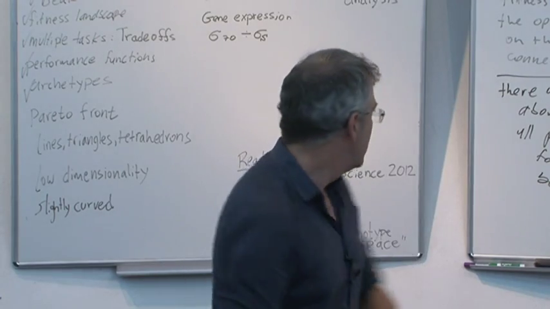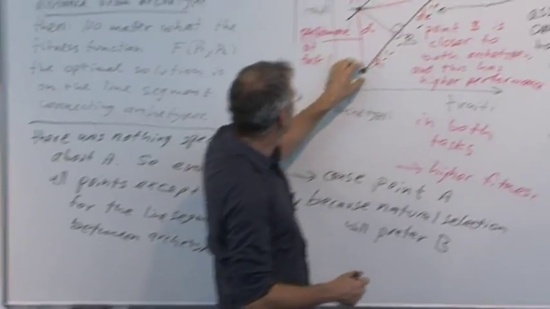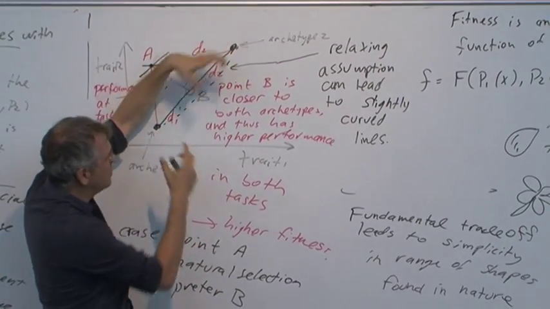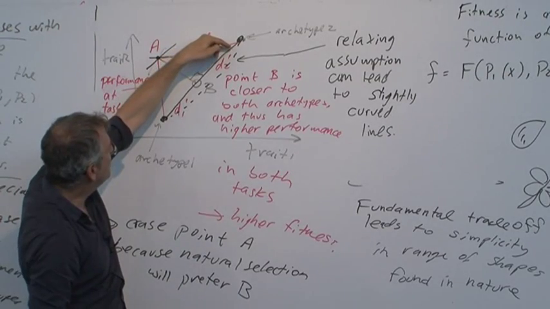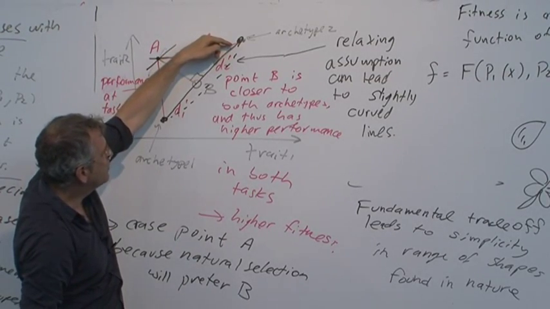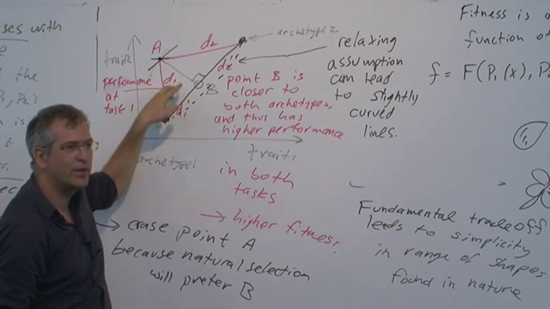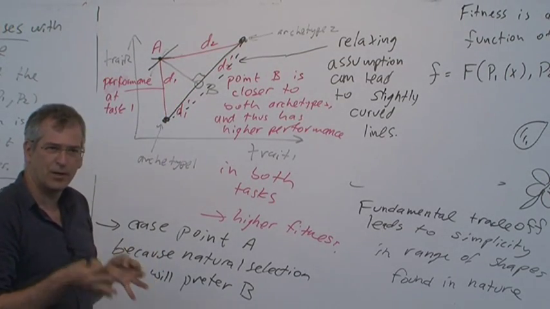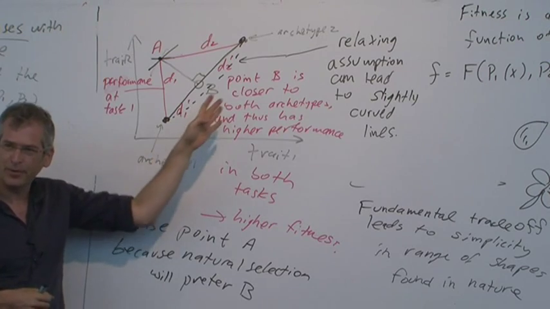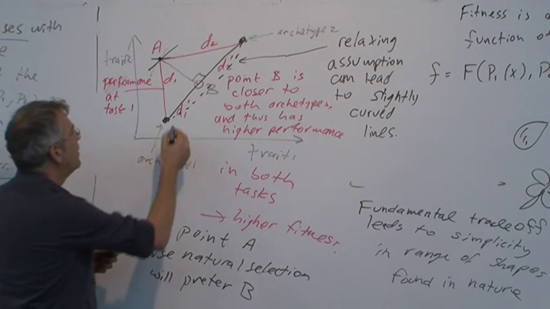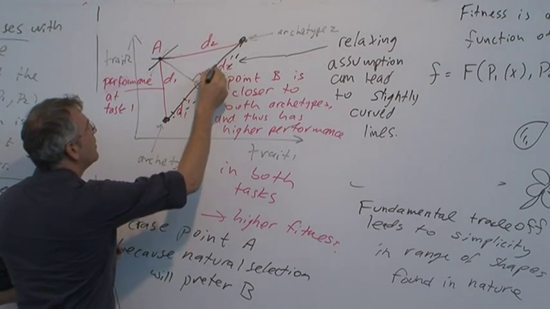Okay, so just to make it simple, if you have two best designs, which are quite complicated, all the complexity of biology is in the archetypes, which can have amazing design. But if you look at all the possible bird beaks, the simple part of it is they'll fall in a line. Just weighted averages of the two archetypes. That's the simple part of the problem, the way things combine. And your position on the line